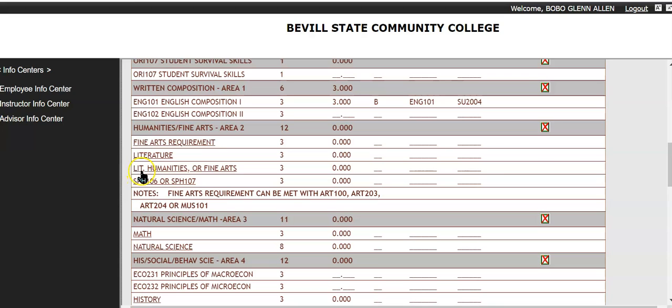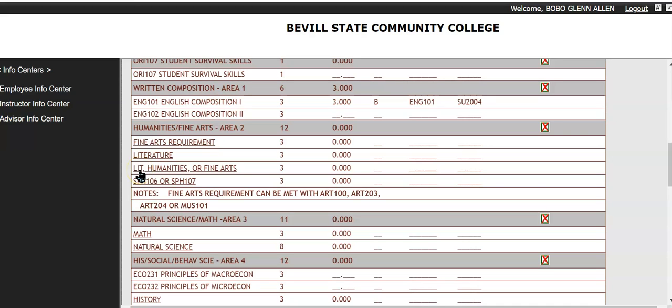The third thing on the list, Bevill State gives the option in the business degree plan of doing a second literature or another fine arts or a humanities course. Now, humanities are things, really we have basically 2 things at Bevill State that you can take as humanities courses, and that's religion and philosophy. And the philosophy courses are only offered online. However, even though Bevill State does leave open the option of doing a humanities or fine arts instead of a second literature,